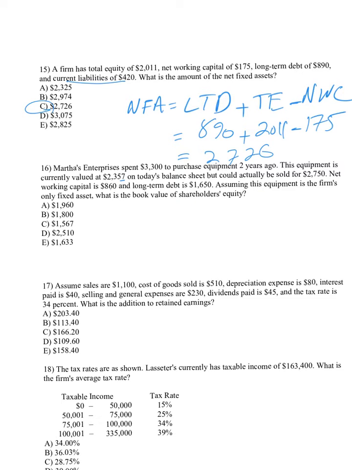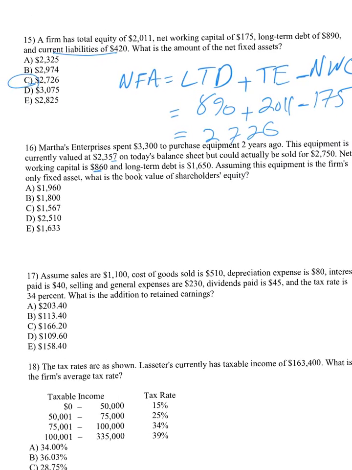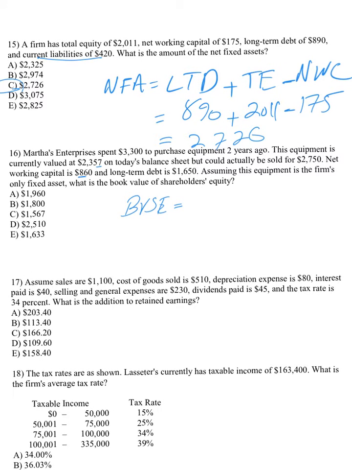Net working capital is given by $860, and the long-term debt is given by $1,650. Assuming this equipment is the firm's only fixed assets, what is the book value of the shareholders' equity? So we are talking about the book value of the shareholders' equity. Remember, when we talk about book value of shareholder equity, it's also known as shareholder's equity. And since we are talking at book value, we should definitely consider the equipment at its book value, which is